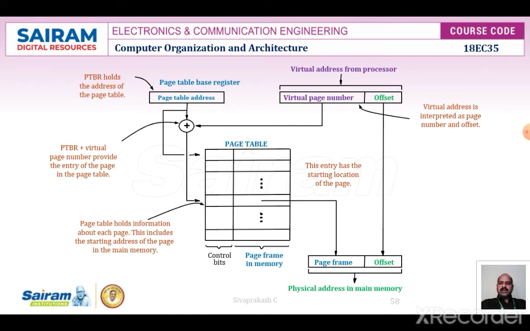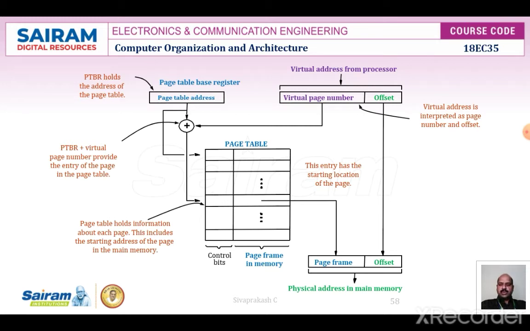A page table entry for a page also includes some control bits which describe the status of the page while it is in the main memory. One bit indicates the validity of the page, which indicates whether the page is actually loaded into the main memory, and allows the operating system to invalidate the page without actually removing it. Another bit indicates whether the page has been modified during its residency in the main memory. This bit determines whether the page should be written back to the disk when it is removed from the main memory, similar to the dirty or modified bit in the case of cache memory.